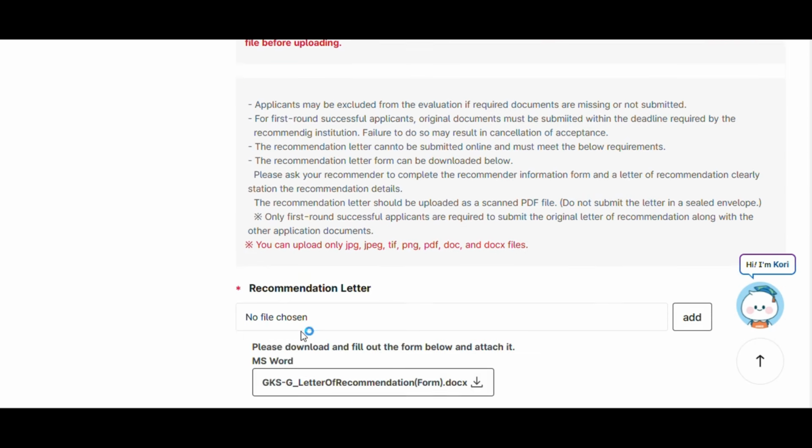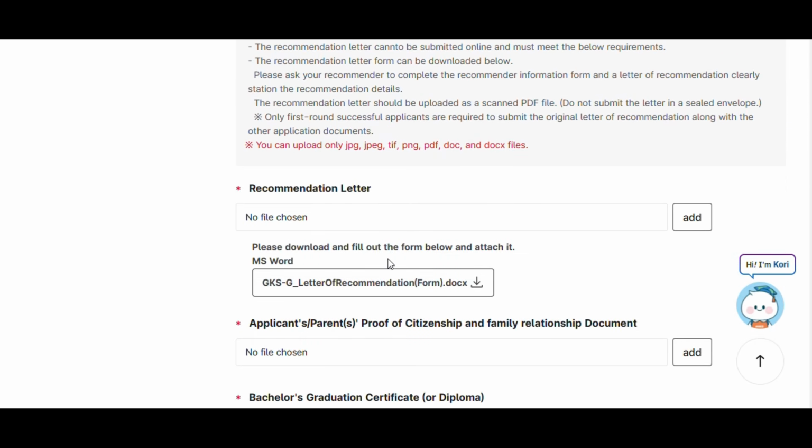So we'll start. First we have recommendation letter. For recommendation letter, it is important that you download this letter of recommendation that is also available in the guidelines, the form 5. So what you have to do is you have to fill that form 5 also, and then you have to also get the letter of recommendation that your professor has provided. So if your professor has written the letter of recommendation in this form itself, then you can just